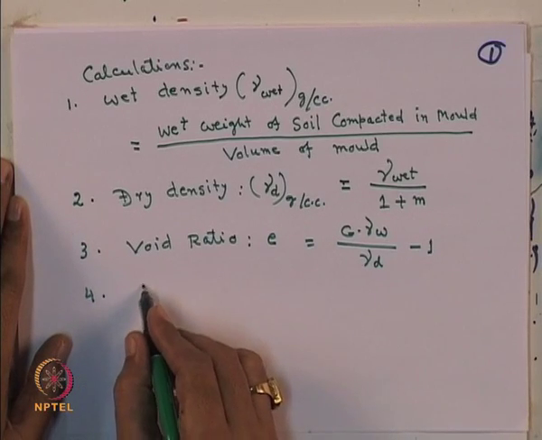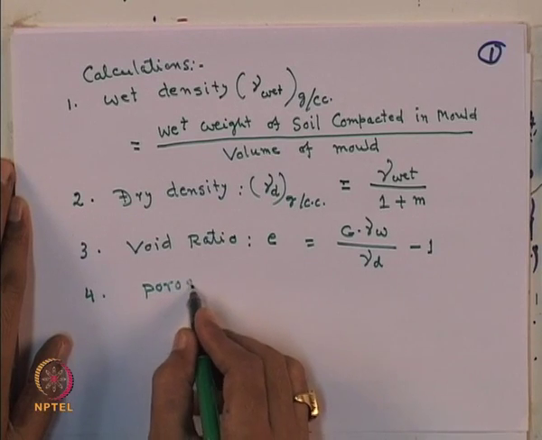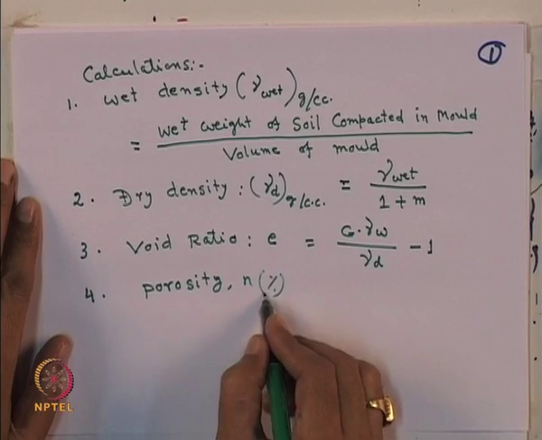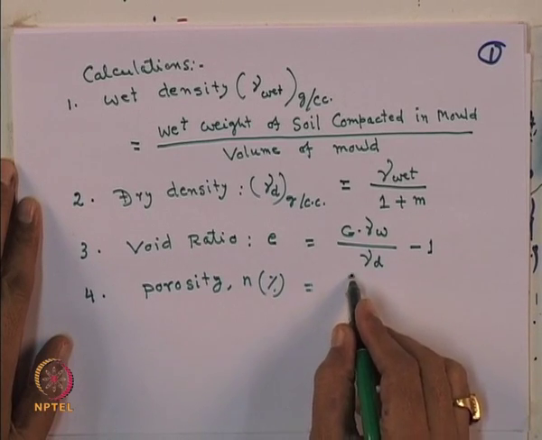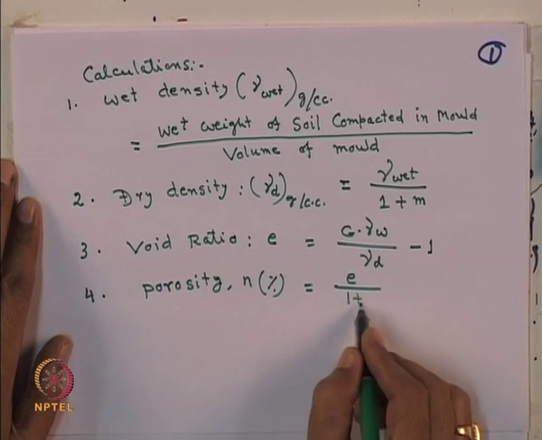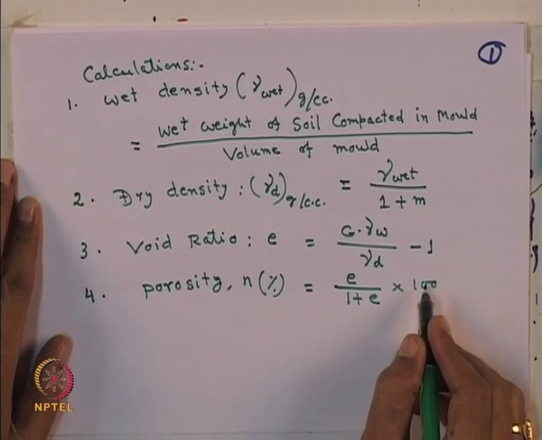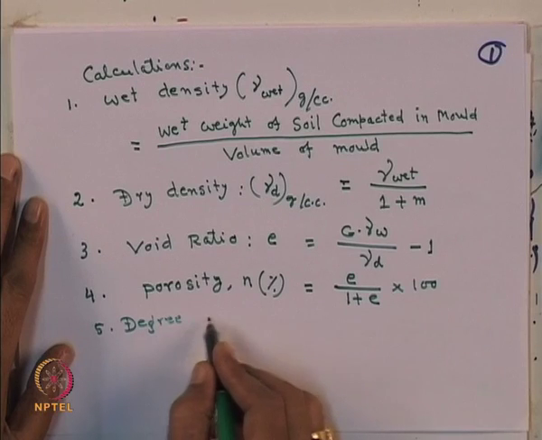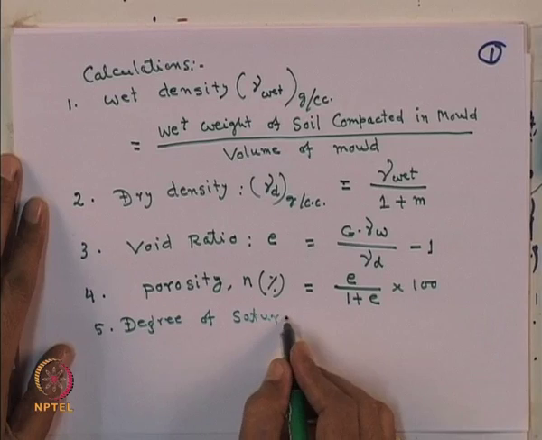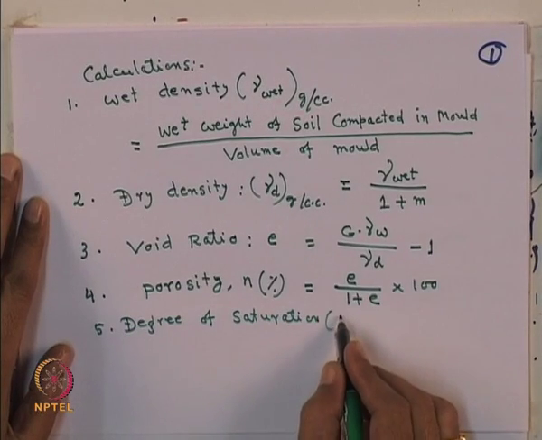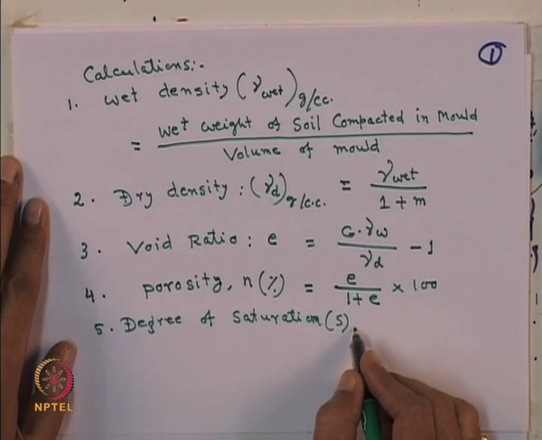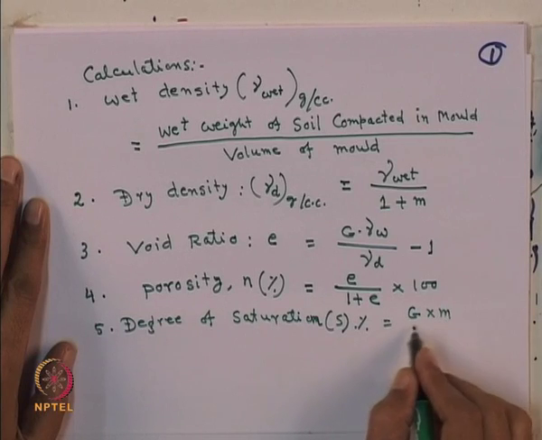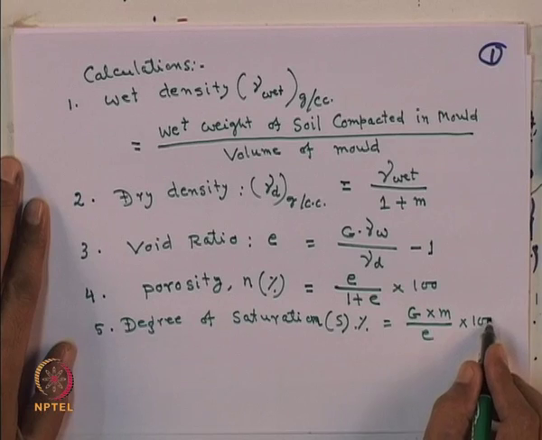And number 4 is porosity. This is designated as n and expressed in terms of percentage, that is n is equal to e divided by 1 plus e, into 100. And the fifth parameter is degree of saturation, expressed as S in terms of percentage, which is equal to G into m divided by e, into 100,